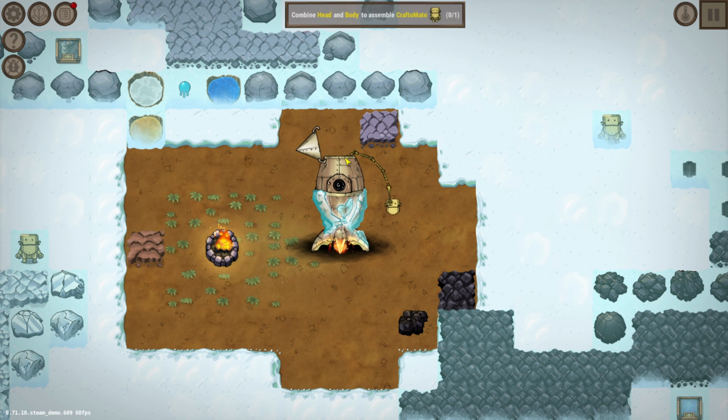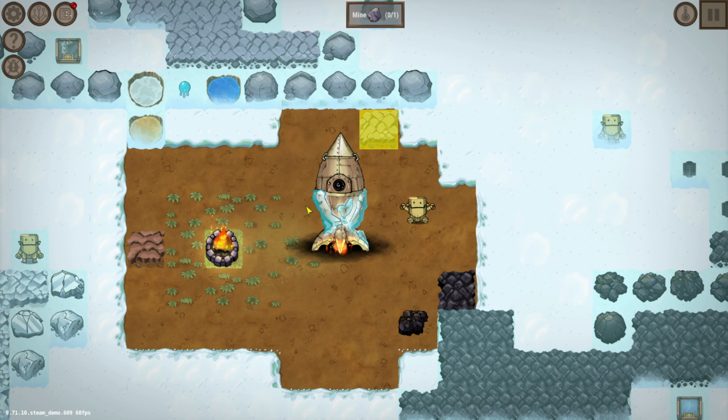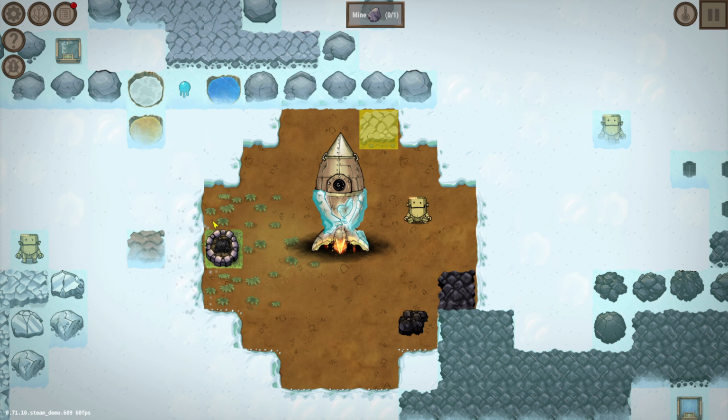And so now you see our little robot guy. He's coming out. New head, new body. All right, so we put the head on the body and we make the Craftomate. This guy is kind of neat. What we want him to do is keep this fire burning, because otherwise the fire, you see, is going to die out in a second. Ice is all going to form back, and then we have to redo it all over again. So what we want this guy to do is, we click on him, and then